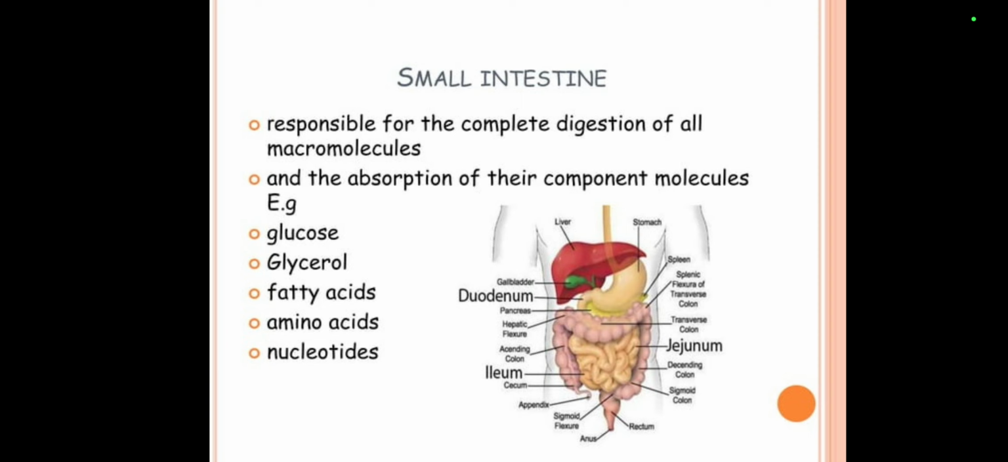So what are those macromolecules present in our body? These are the carbohydrates, proteins, lipids, and nucleic acids. We have 4 major macromolecules. And what particular organ in the digestive system can help us to digest that? That is the small intestine. And of course, other than the responsibility of digesting the macromolecules, the small intestine is also used to absorb